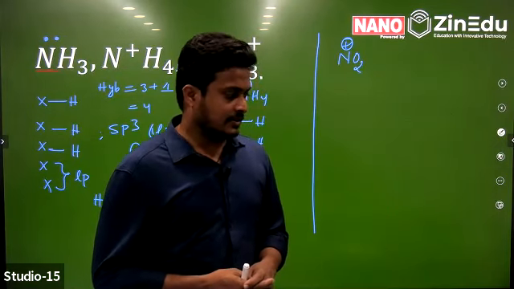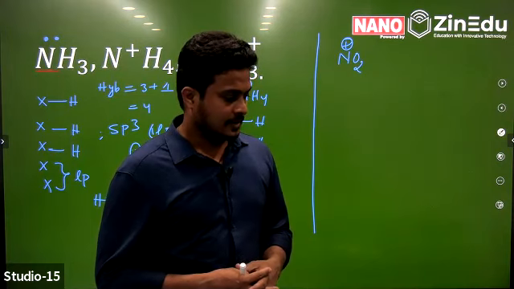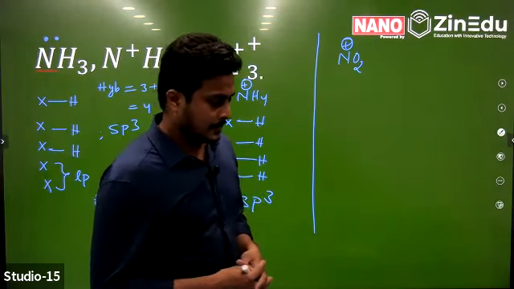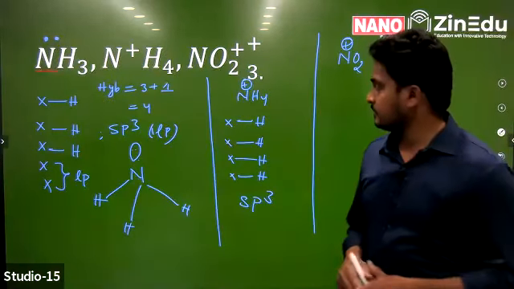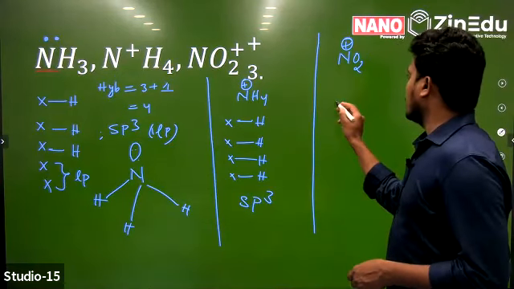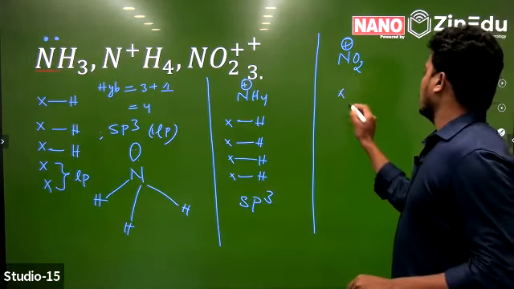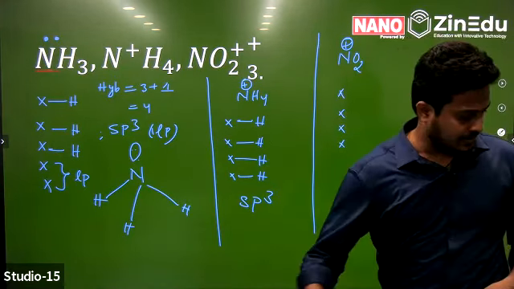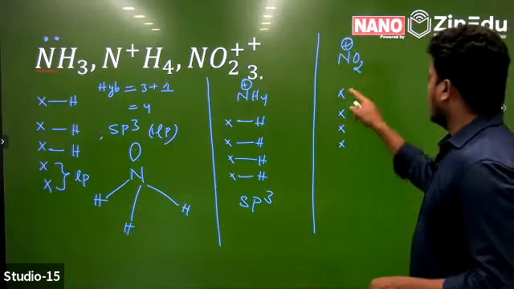The central atom is nitrogen. Remove 1 electron. Oxygen forms 2 pi bonds, so there are 2 sigma bonds and 2 pi bonds. Actually, nitrogen belongs to the 5th A group. It is 1 electron deficient, so remove 1 electron due to the presence of the positive charge. That gives 4.